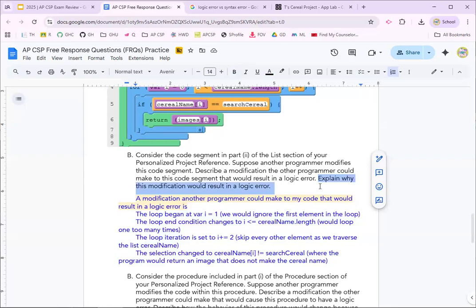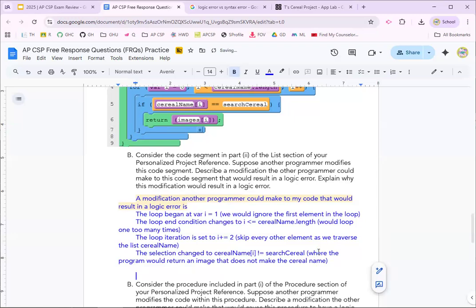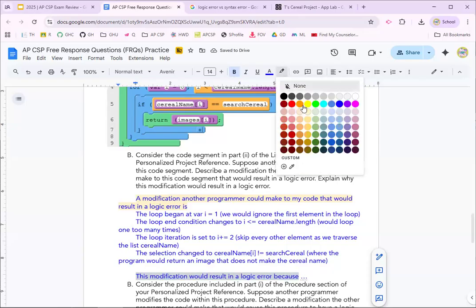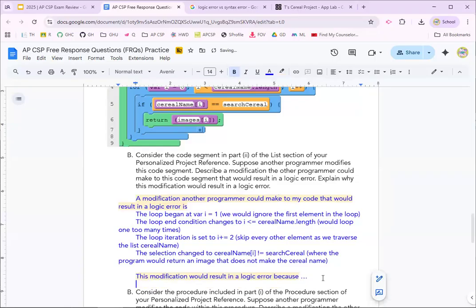Explain why this modification would result in an error. And that's what I kind of did in parentheses here. You would pick one of these and then finish this thought. This modification would result in an error, let's be specific, a logic error because, and then you would go on to explain. Okay, so I've given you several options there for version 1, right? There's 2 versions of this question. The second one you'll see